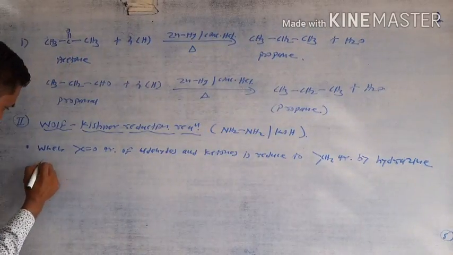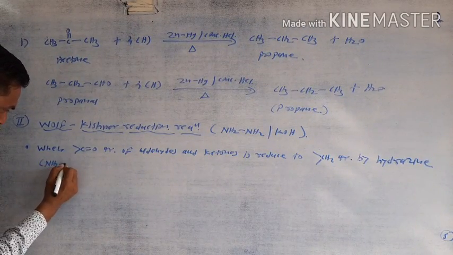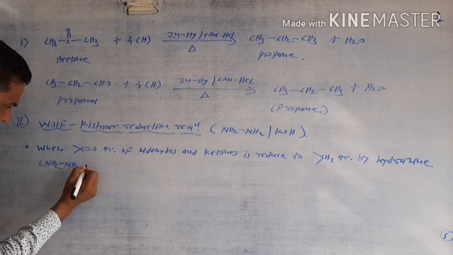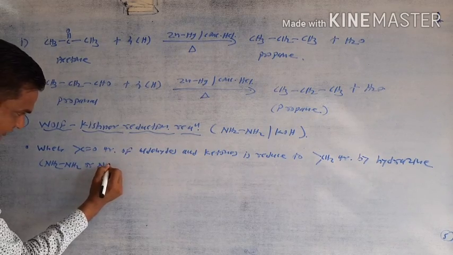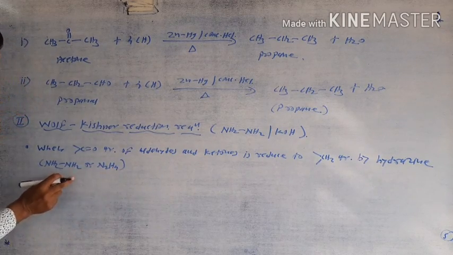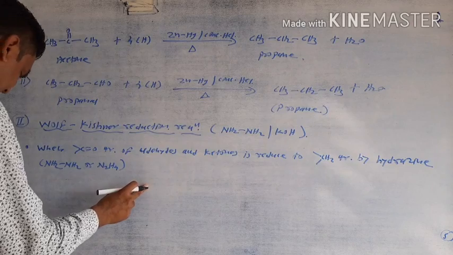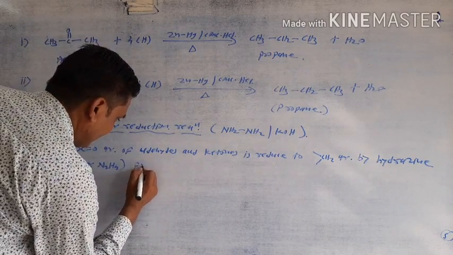Hydrazine means NH2-NH2 or N2H4. This type of the molecule is called as a hydrazine, followed by